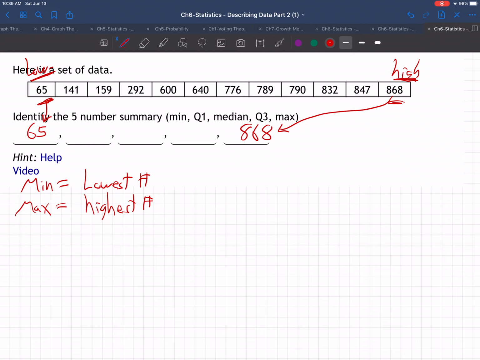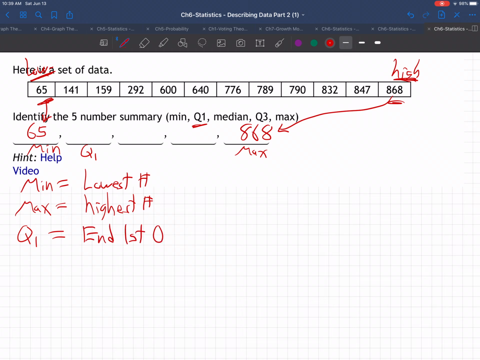So now we're trying to get these 5 numbers that will summarize the data set. So next we got to get Q1, right? So this is the minimum here, the max here. Here's supposed to go Q1. So what's Q1? Well, Q1 is the end